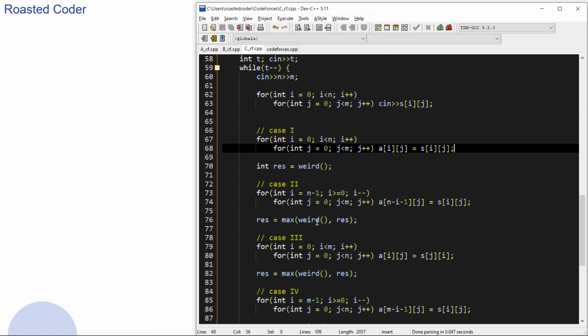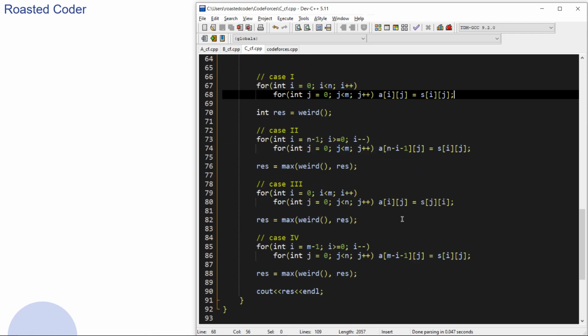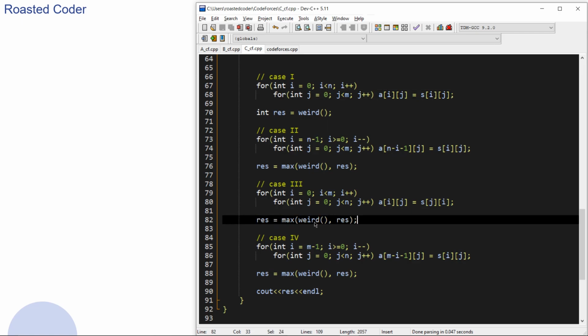And again I am calculating result equals max of this function and result, which is initially the top, and this is the bottom. And again I am taking the transpose to calculate the left border, that is the maximum of the left border, and again taking result equals the maximum of the left border and the previous result.